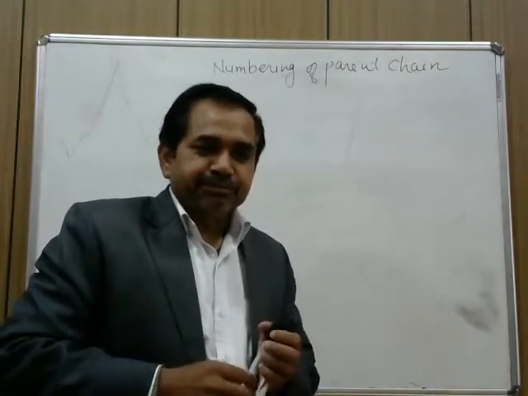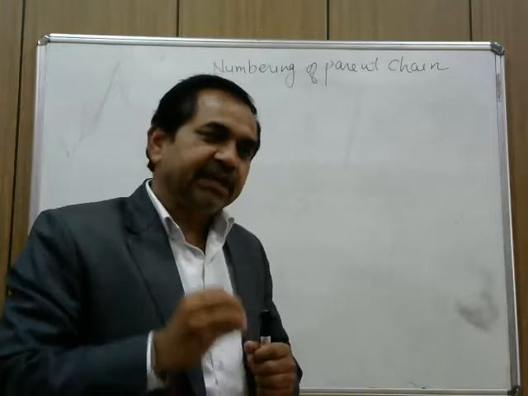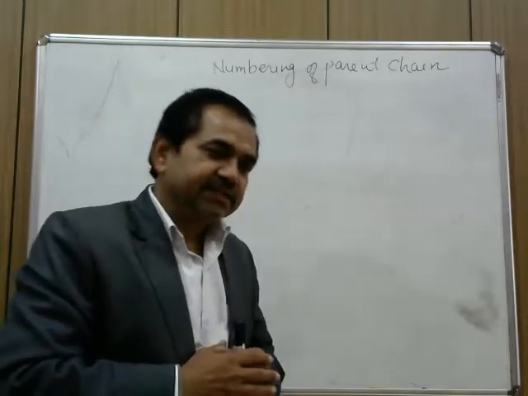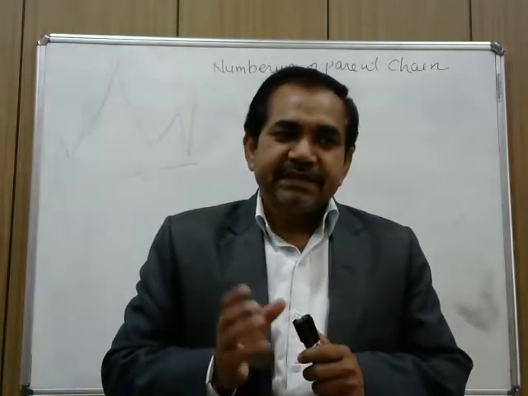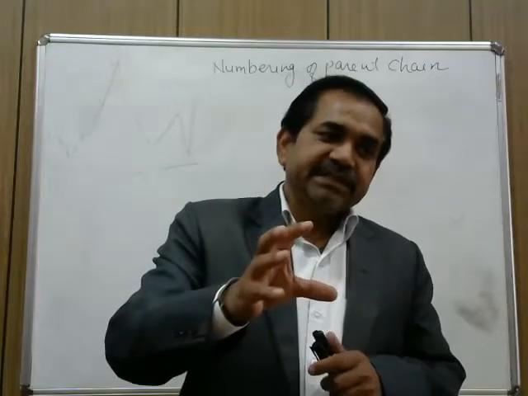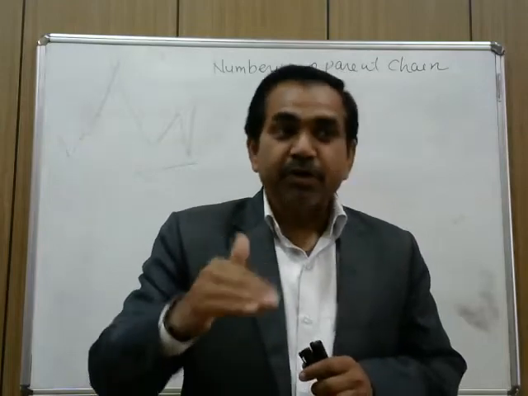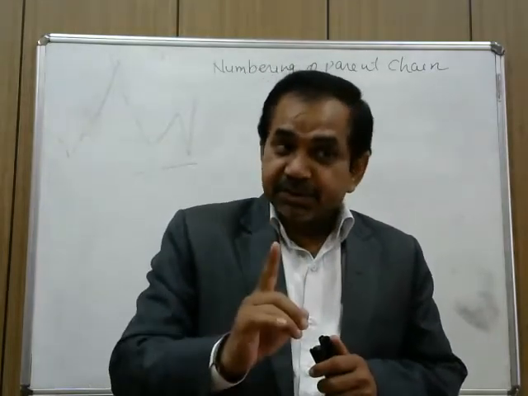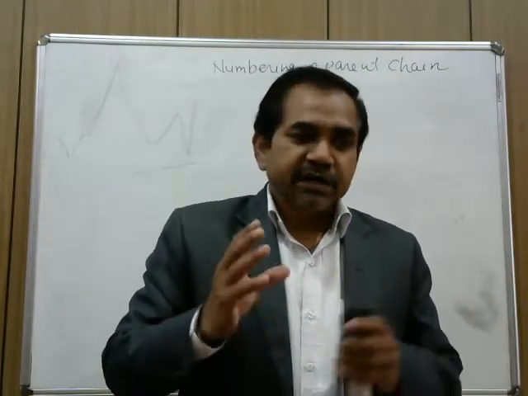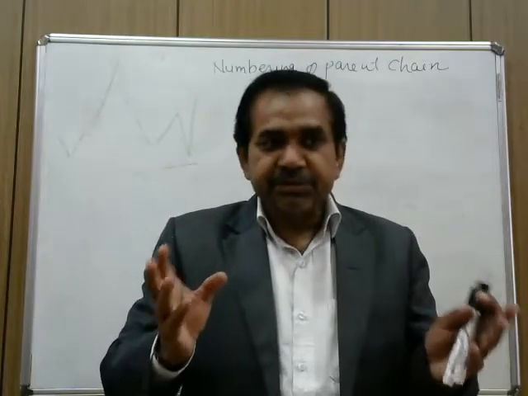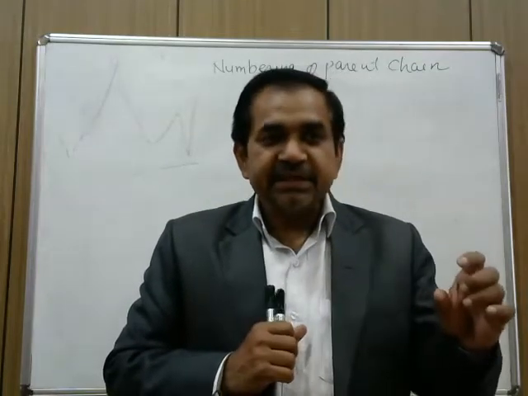Now as soon as we have selected the longest continuous chain of carbon atoms, that is the parent chain, we immediately realize what modifications are present in the compound, meaning what sort of functional group or groups are present, what substituent or substituents are present in the given compound, or the compound is simple, there is no substituent or no functional group present. So after the selection of the parent chain,